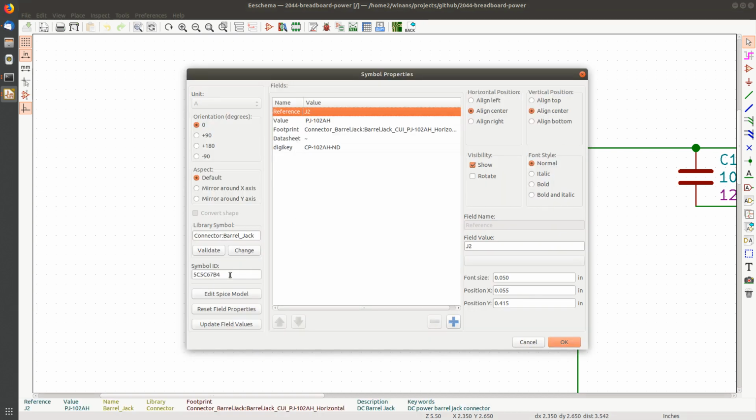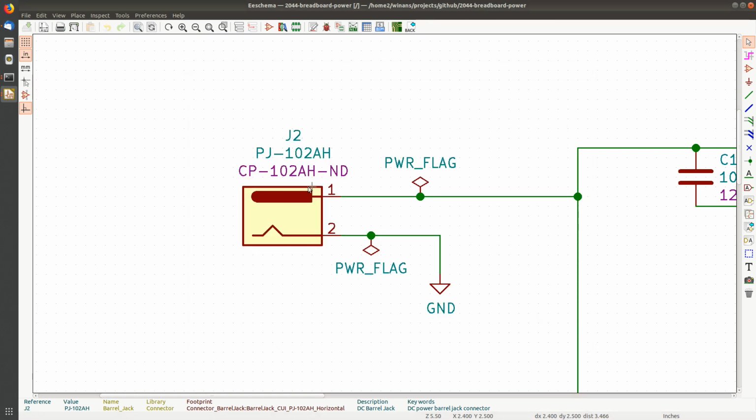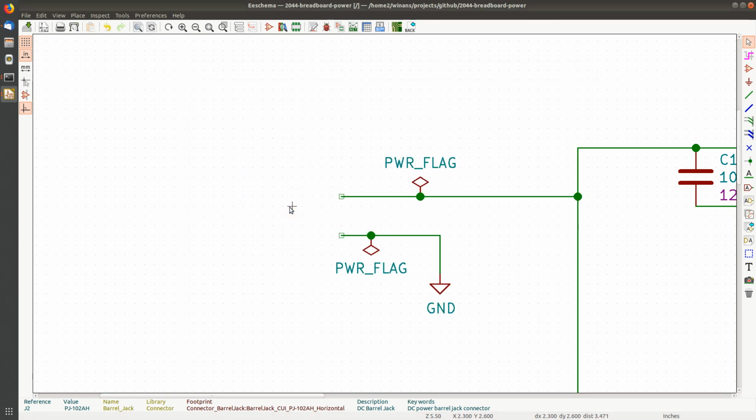And also this is going to come into play. So let's remember this is an old symbol ID. Every time you create a new symbol, KiCad's going to put a different value in here. So you don't really need to remember this one. You're going to know that if I delete it and put a new one in there, this value will change. The reference J2, I'm going to set to the same value as this because I just want to replace that